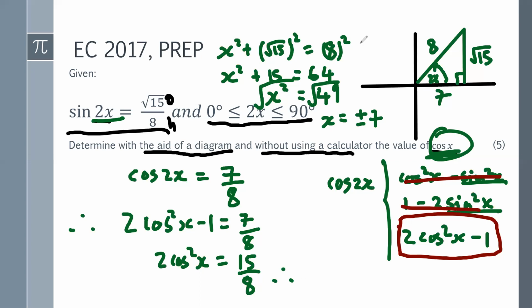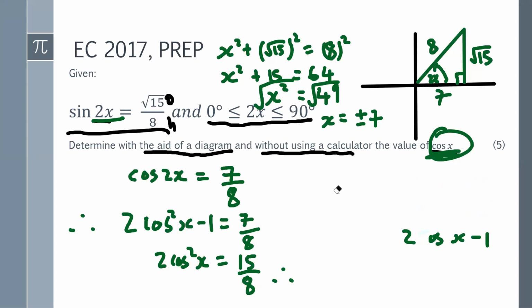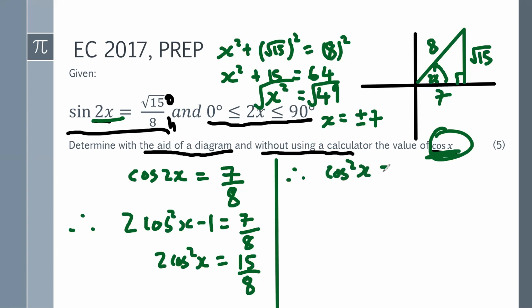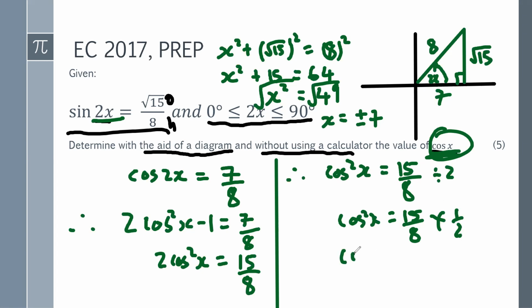Actually, allow me to just erase this. I'm just going to show you, because sometimes what these examiners do is they want you to show every little step for the mere fact that they said without using a calculator. So you will go cos squared x is equal to 15/8 divided by 2. Maybe you could tip and times here and have that. And this is cos squared x, all right? And then we have cos squared x is equal to